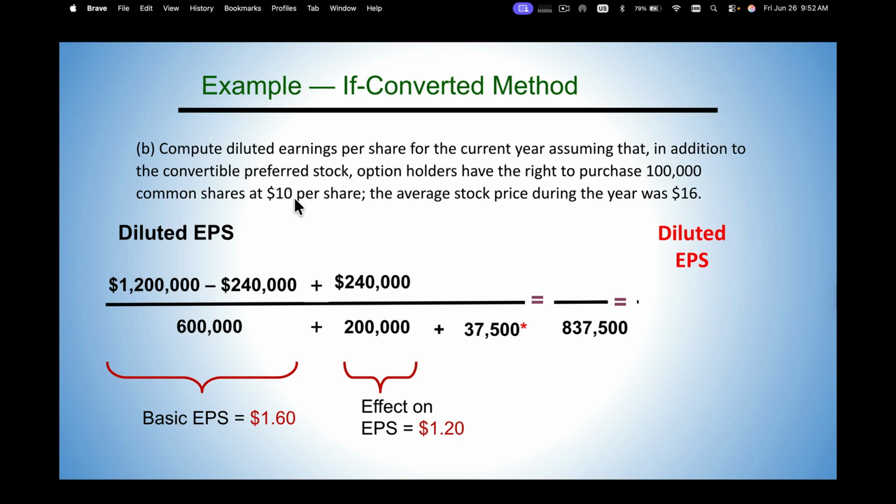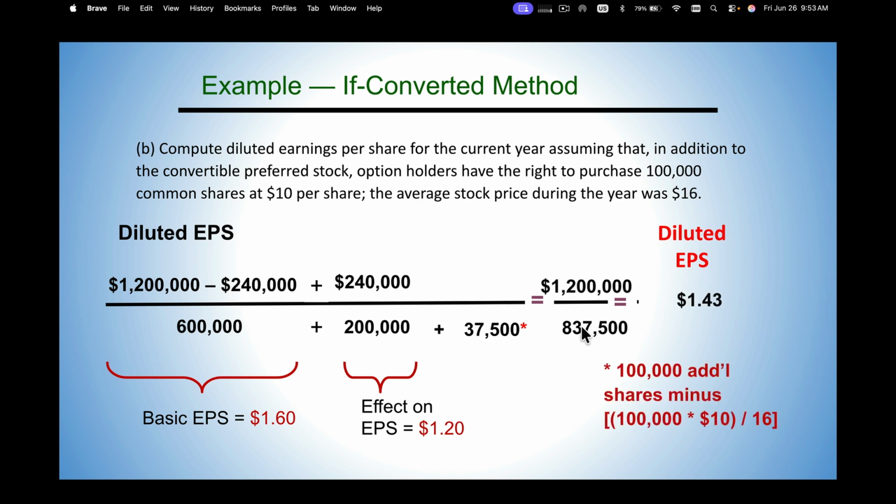The option holders will pay us $1 million. And then we're going to buy that back at $16 per share. 1 million divided by 16 is 62,500. So we have the 100,000 minus the 62,500,